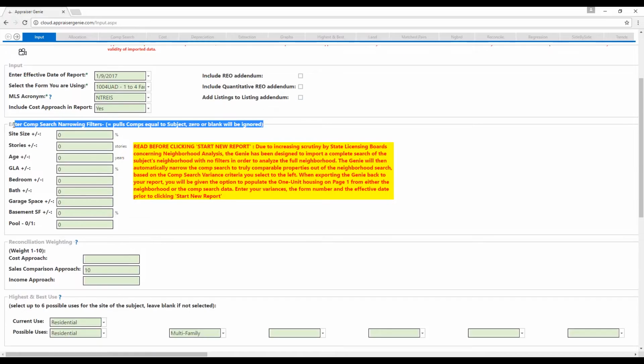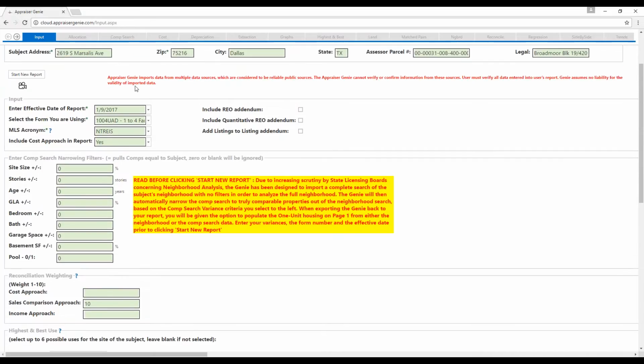Okay, so this next section, basically, as stated earlier, we designed Appraiser Genie to analyze the full neighborhood. So you would log into your MLS, create a neighborhood search based on whatever subject, so mine would be this one. Search within the last year or at least the last year. You can go over, grab your sold, actives, pendings, all your statuses. You can search by subdivision, zip code, draw it. It doesn't matter. Just make sure you're defining the neighborhood there,